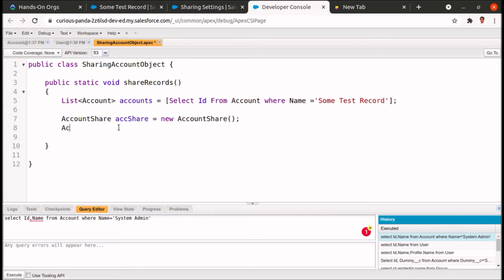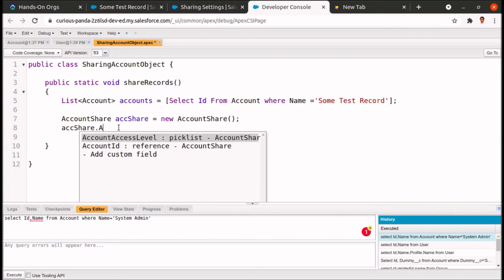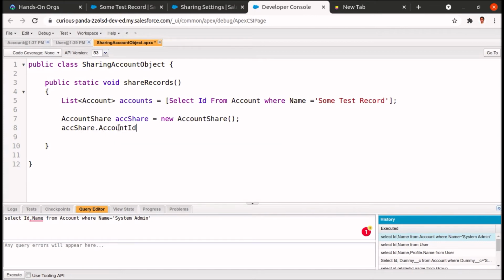So accountShare.AccountId, what is the account we are sharing, which is equals to accounts[0].Id, and let's restrict it to selecting only one record. So I will be writing as limit 1. I only want to select one record, and I will be sharing that record with account share object.